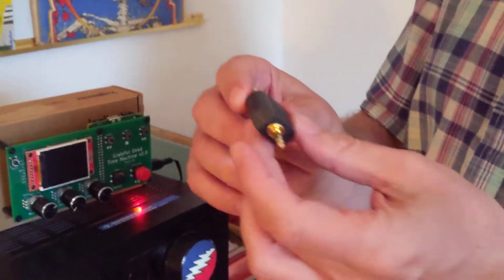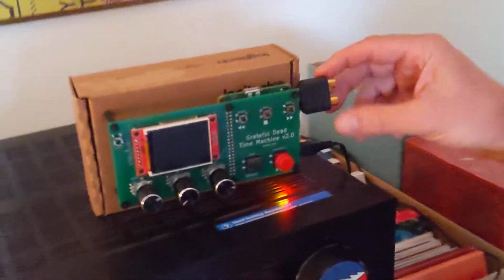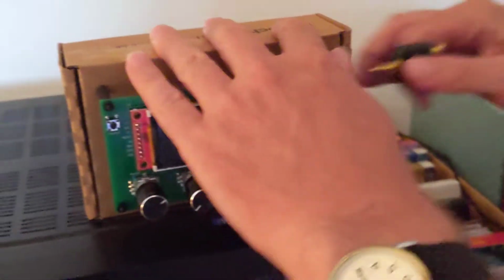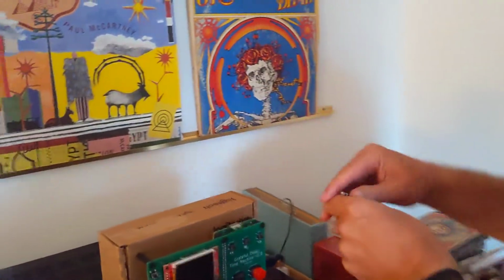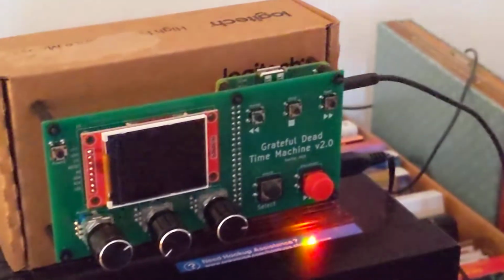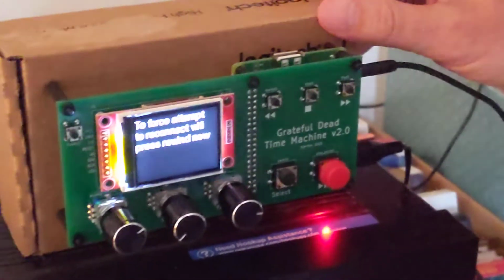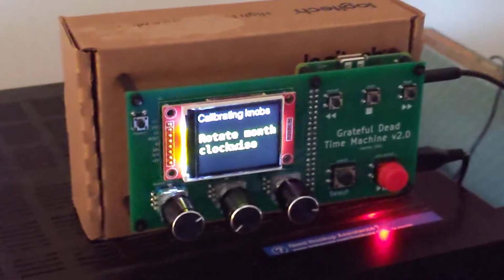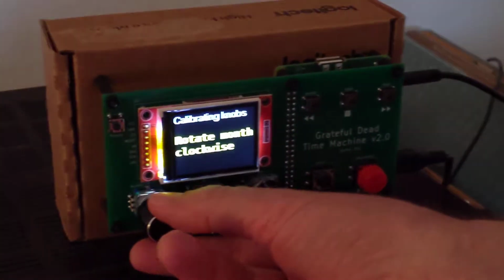I have this gizmo here, which turns a headphone jack into two RCA plugs, but I also have a cable that does kind of the same thing. It's got a headphone jack on one end and two RCA plugs on the other, and it's plugged into my stereo here. So okay, now the time machine is coming on and it's asking me to calibrate the